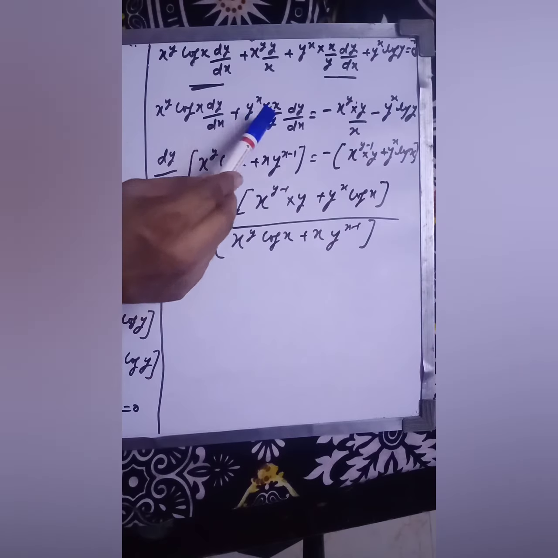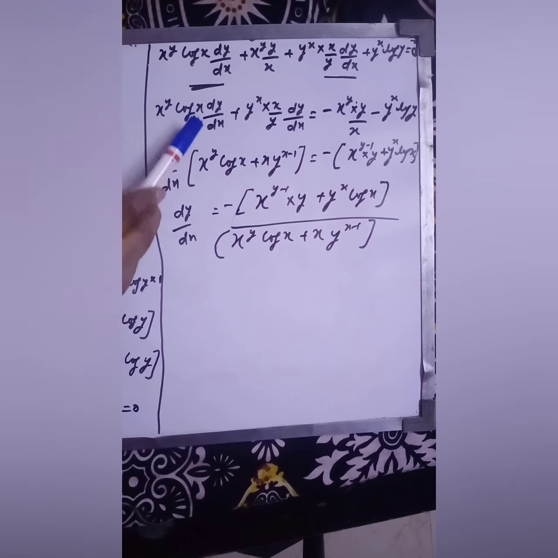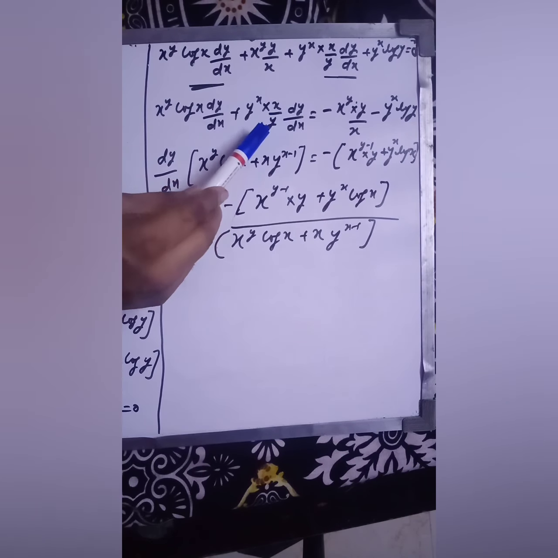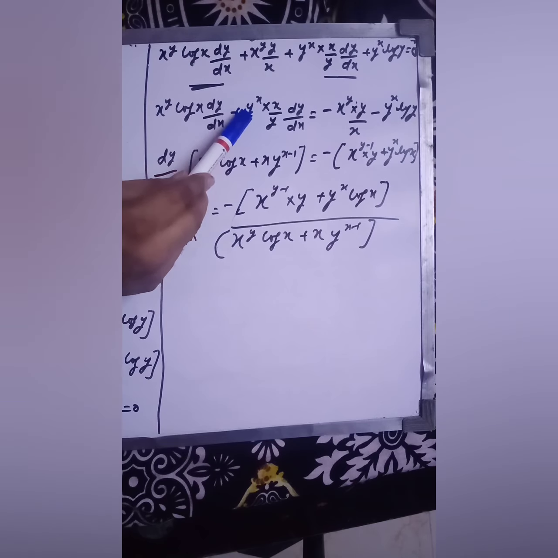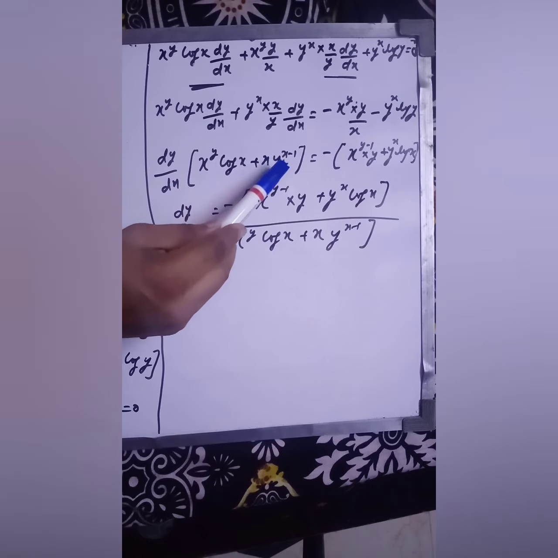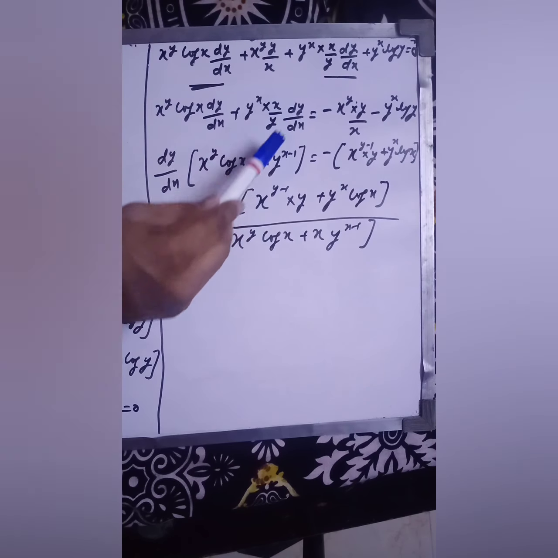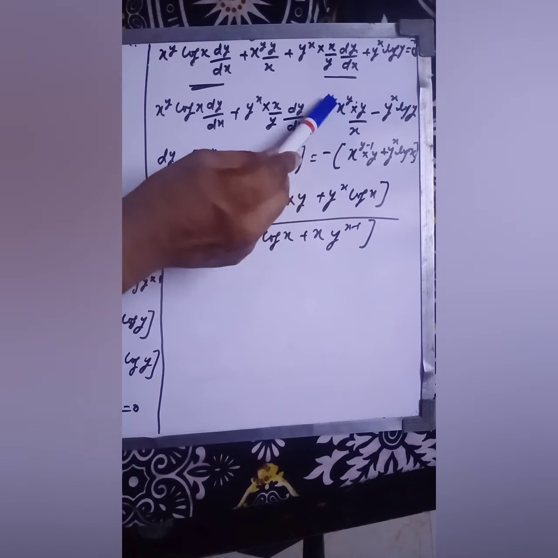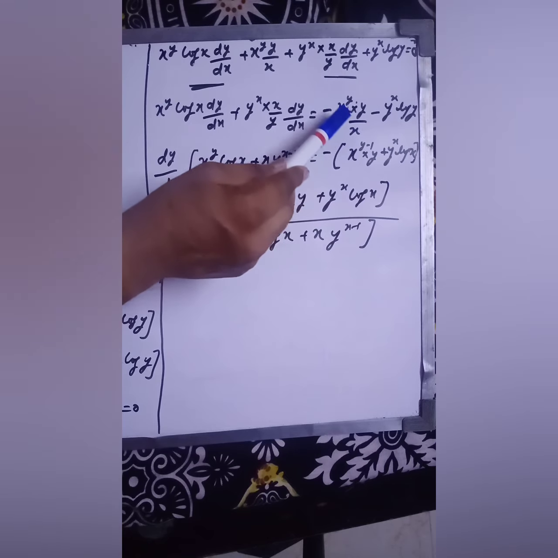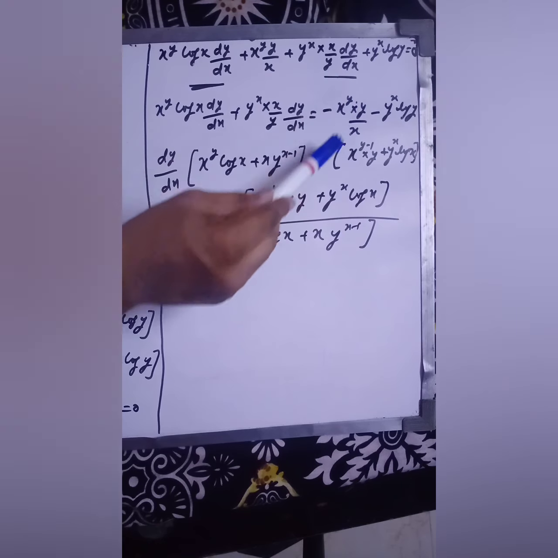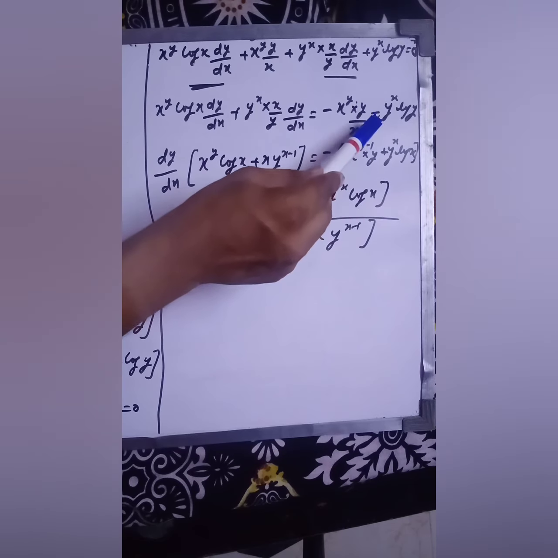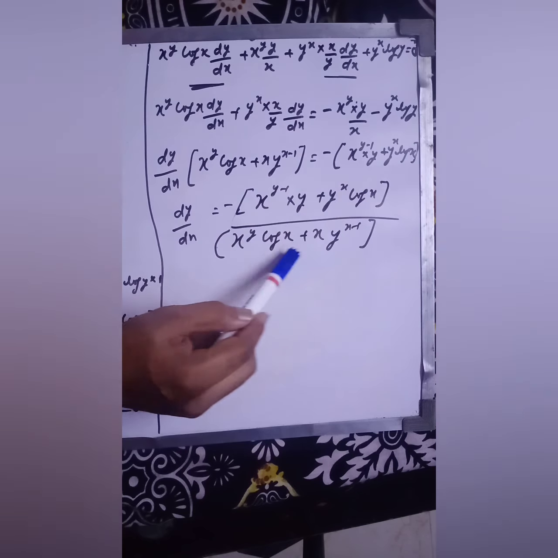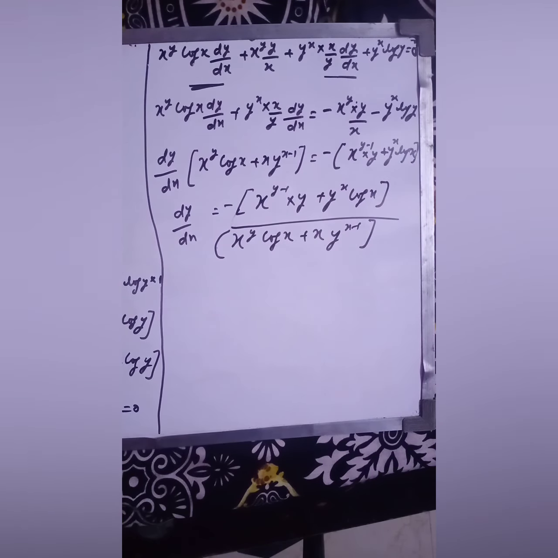Now you have to take dy by dx common, it will be x^y log x plus y raised to power x, this is y raised to power 1 only. So here you can apply the exponent rule, that is y raised to power x minus 1. This is equals to minus this, again both have base x, and this can be written as x raised to power y minus 1 into y, minus y raised to power x log y, and then you have to bring this in the denominator, like this. So this is the required dy by dx.